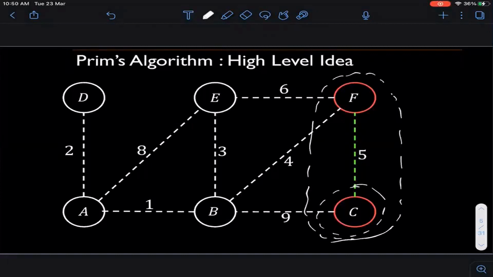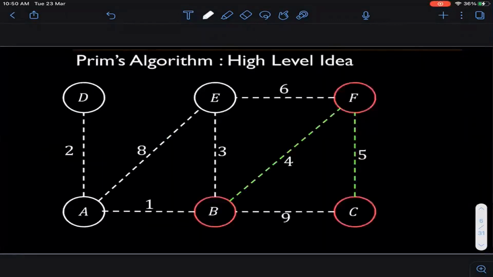So in this iteration, in the second iteration or the third iteration maybe, I have three choices. So I can take either CB, I can take either FB, or I can take FE. These three edges are crossing this frontier. So my set S is now this thing, the bigger ellipse. So of course I should take the minimum one, and then I have included the vertex B in my graph, in my spanning tree. Okay? So what is my status now? Now my solution has these two green edges included, and I have included the three vertices C, B, and F in my set capital S. So my set capital S now looks like that.